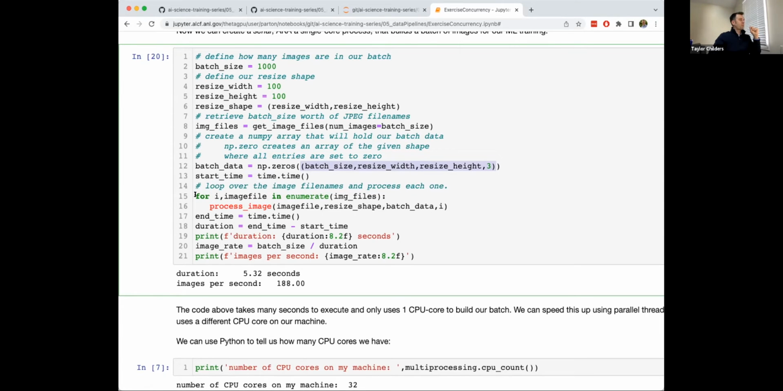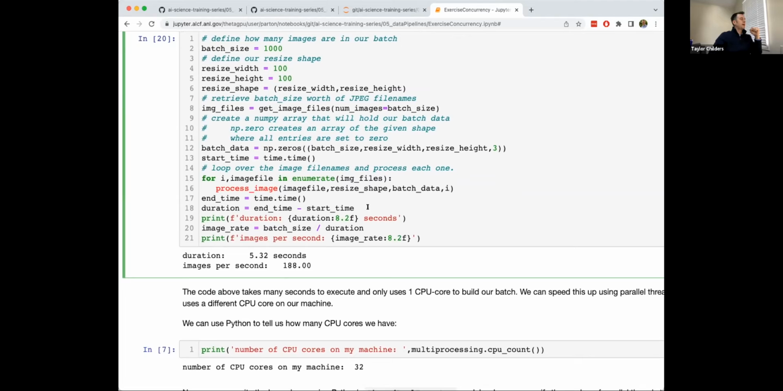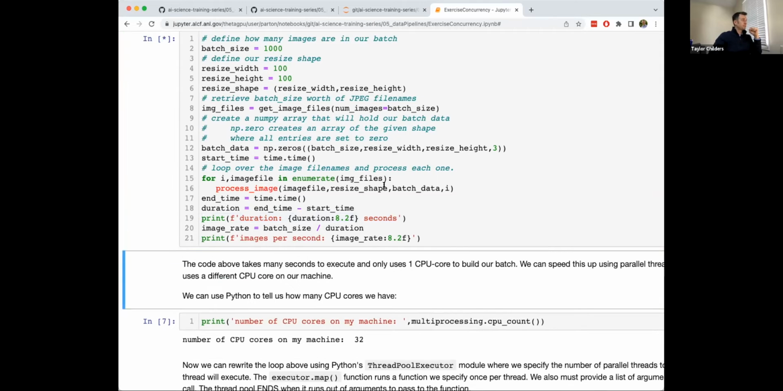And now I can loop over the image files. Remember, these are the file names, so I'm just looping over the file names. For each file name, I'm going to pass in the actual single file name, the resize shape, the batch data, and the index. This I is just going to be counting up from 0 as it loops over the image files. And I'm timing that as well. I have a start time and an end time, and I'm going to calculate the duration, which gives me some measurement of how long it takes in seconds. And if I run that,